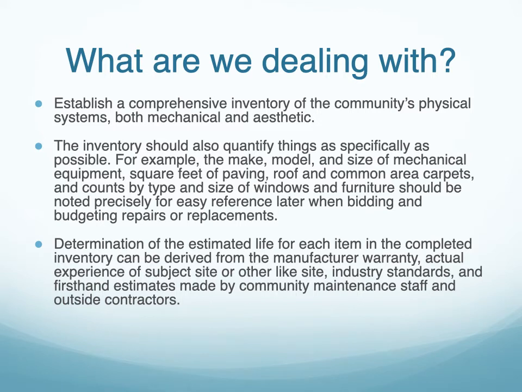So in the capital planning process, we need to figure out what it is we're really dealing with. So it's important to establish a comprehensive inventory of the community's physical systems, both mechanical and aesthetic. The inventory should also quantify things as specifically as possible. For example, the make, model, size of the mechanical equipment, square feet of paving, roof, common area carpets, and counts by type and size of windows and furniture. All this should be noted as precisely as possible for easy reference later when bidding and budgeting for repairs and replacements. Much of this information can be